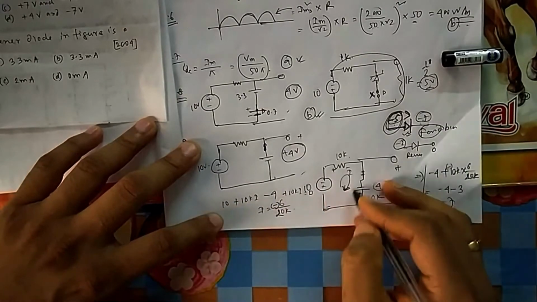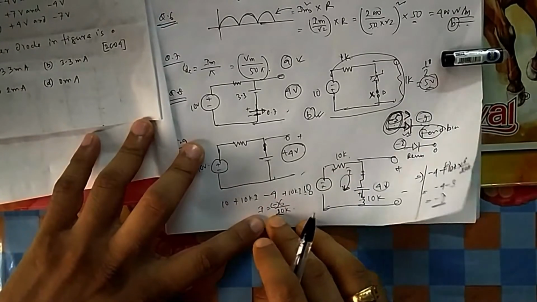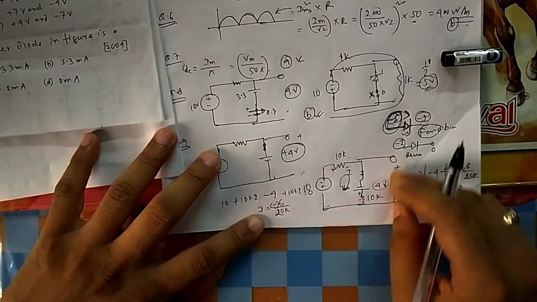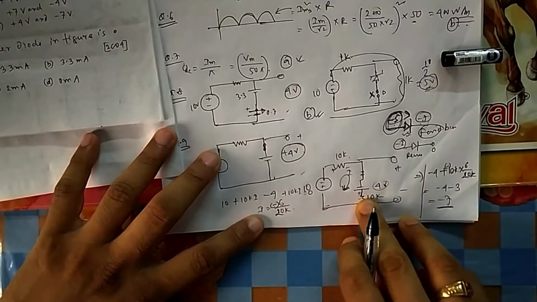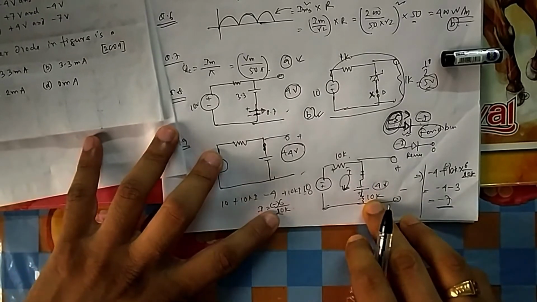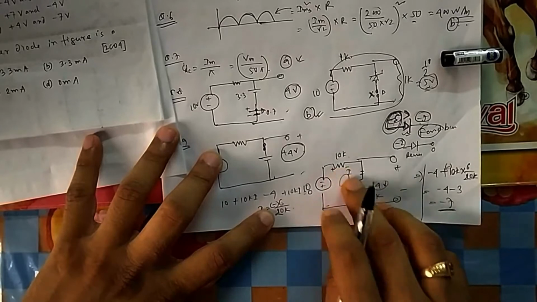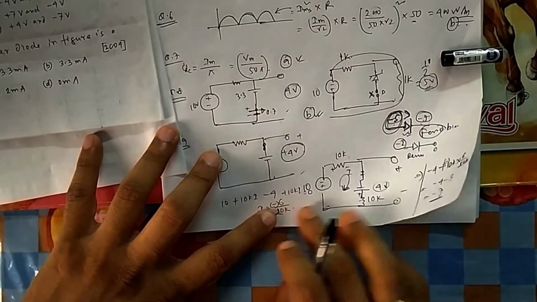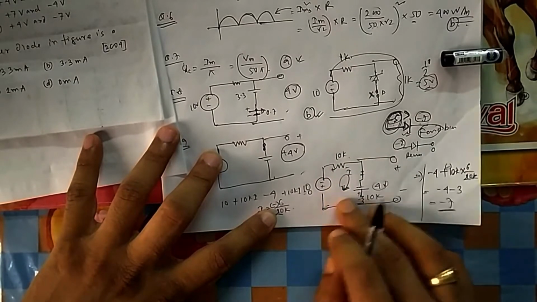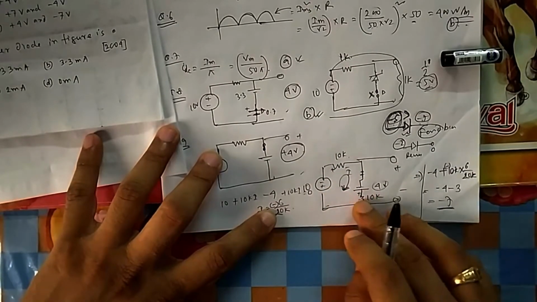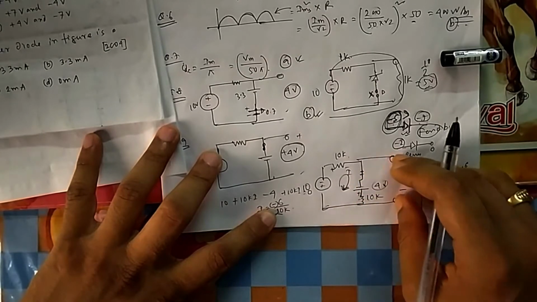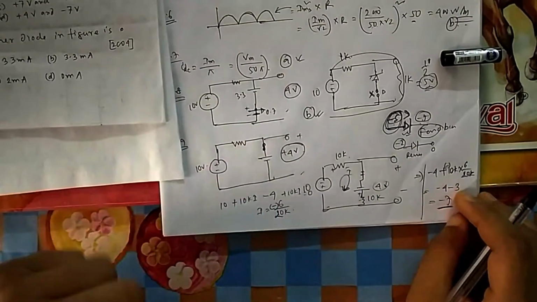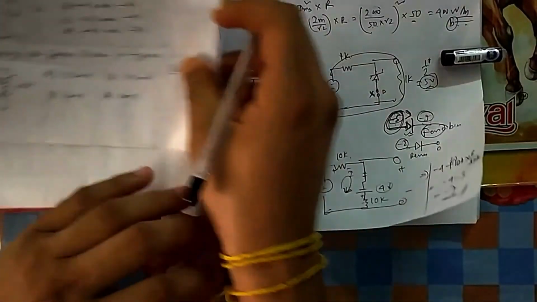You take simple KVL, you take any direction, then whatever current I calculate is negative. So if I calculate this voltage, it will be minus 4 plus this voltage, which means 10k into current. Because I have considered this direction as the reference direction, take this minus also. Otherwise you have to change the direction of current, then this plus minus will change. Accordingly it will be minus, because both are in reverse direction of this one. This will also be minus plus, this will also be minus plus. So ultimately you got the answer, that is plus 4 and minus 7.